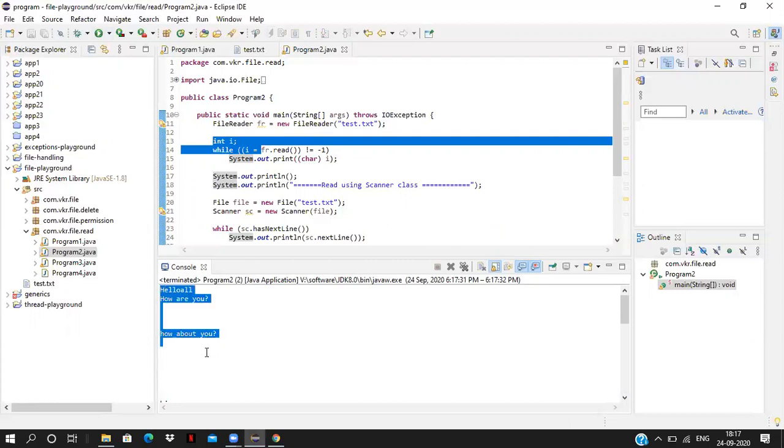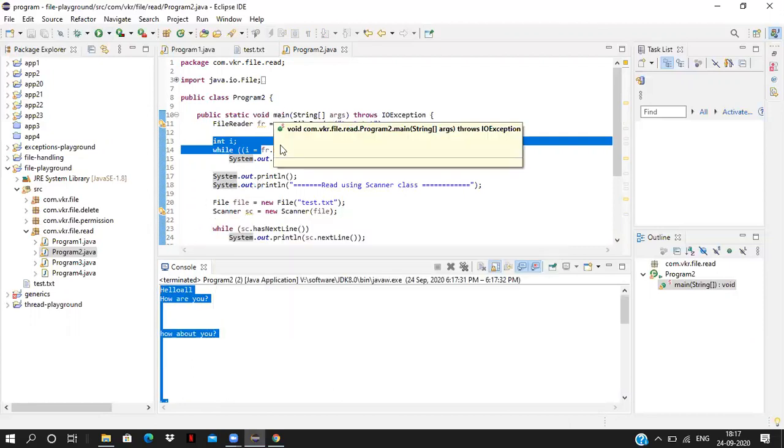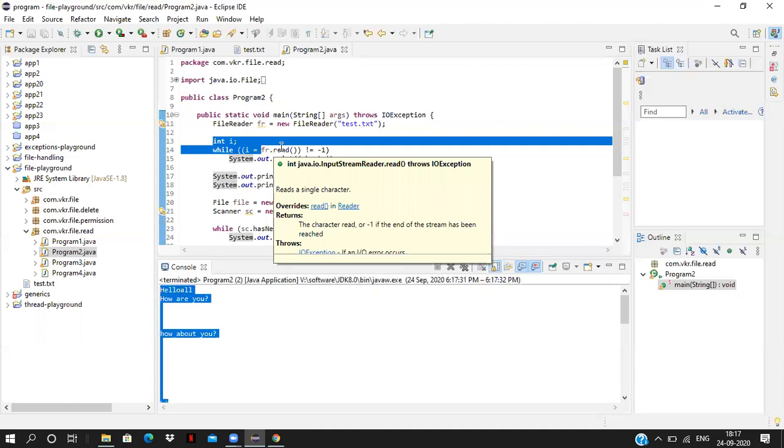Here we got it: by using FileReader also we can read the data. This is the data we have to read. FileReader.read, you can see what the description of this one is: reads a single character. The character read, or -1 if the end of the stream has been reached.